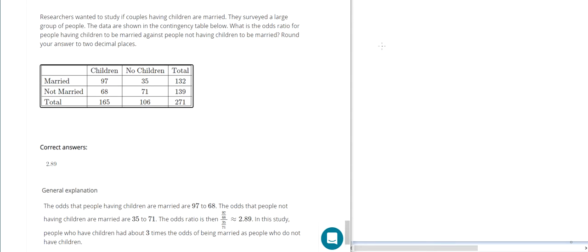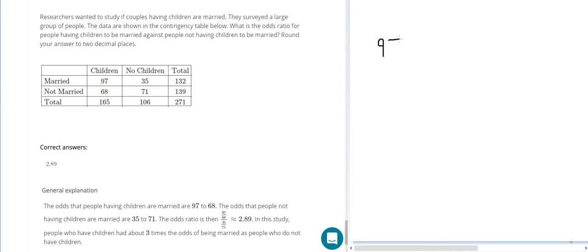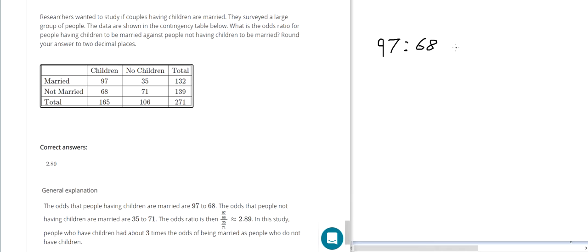The odds of being married when you have children is 97 to 68. Okay? Or in other words, that's 97 to 68. The reason we come up with that is because we look at the children's column. People that have children to be married, the odds are 97 to 68. It's more likely that you're married when you have children than not married, according to this data table. Not trying to make a generalization about the whole population, but